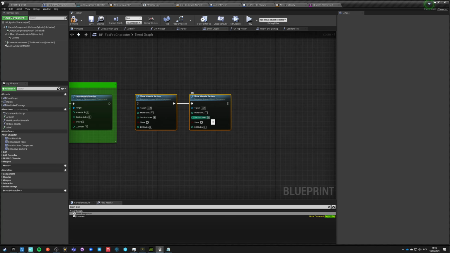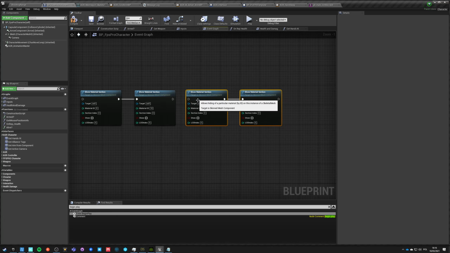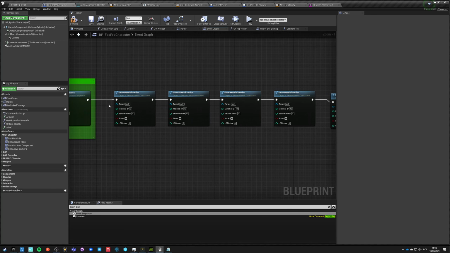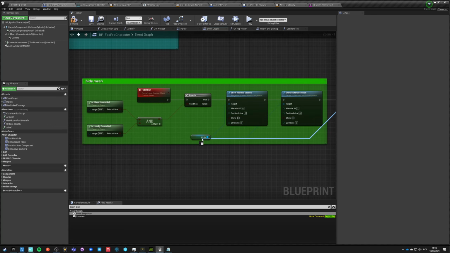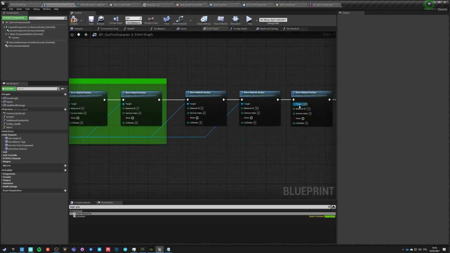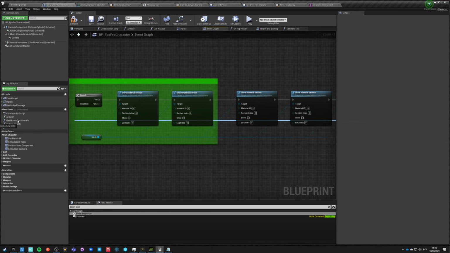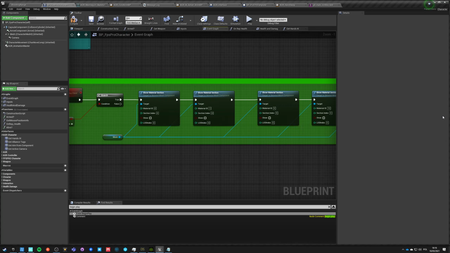So 9, wait, no, this is 0, so 9, 10, 11, 12, and 13. And it all has to connect back to the mesh as well. And this way, you will see in a second,